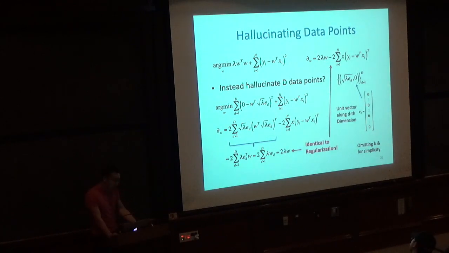So it turns out that, at least in the case of ridge regression, imposing this L2 regularization is also equivalent to saying, well, in the absence of real data, I'm just going to pretend that I have these data points. What these data points say is that I want to be 0 along any of the directions, and I need a lot of training data to overwhelm my hallucinated data points.